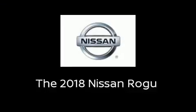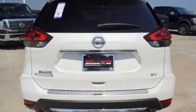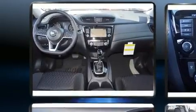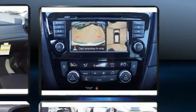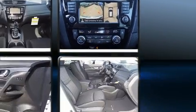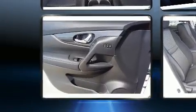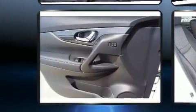Get excited about the 2018 Nissan Rogue. It features an automatic transmission, front-wheel drive, and a 2.5-liter four-cylinder engine. Top features include cruise control, a tachometer, a blind spot monitoring system, heated seats, remote keyless entry, and a split